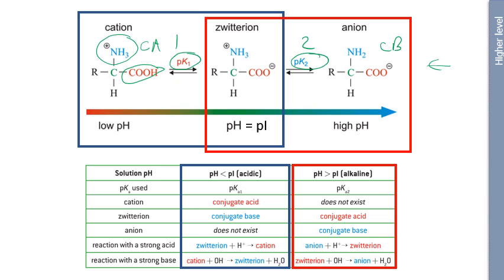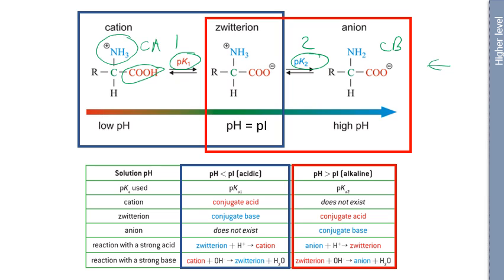Therefore there will be two dissociation constants, pKa1 and pKa2, which we see on the slide. The carboxyl group has a relatively high acidity and dissociates more easily than the protonated amino group. So, the pKa1 value characterizes the equilibrium